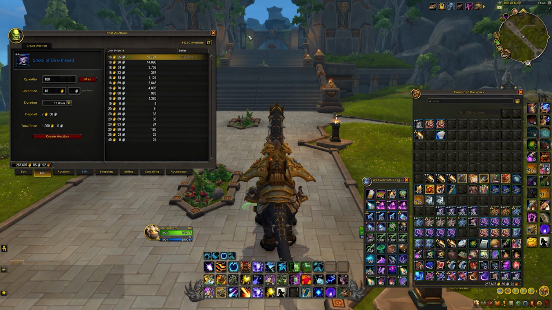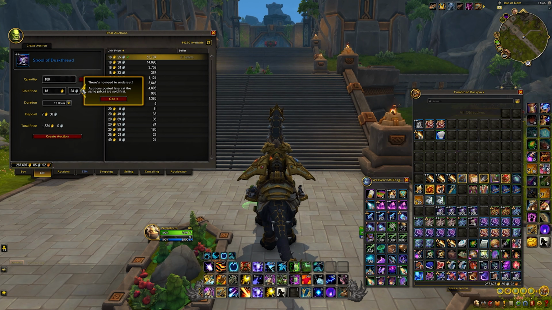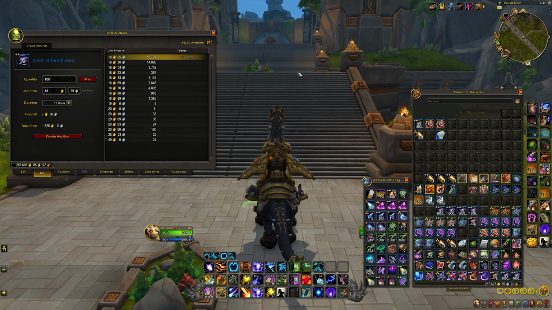This is really important to know, because a lot of people are getting themselves and other people less profit by, for example, undercutting this with 1 silver. If everybody did this every time they posted, this market would crash in just a couple of minutes because it's so competitive, and a lot of people would just rush the price down until it's not profitable anymore, and then you will have to wait for the market to recover, and this is most of the time such a waste. So the general rule is to never ever undercut with any amount of gold or silver. Just post your auction at the same price as the cheapest one, and you're going to sell your items first